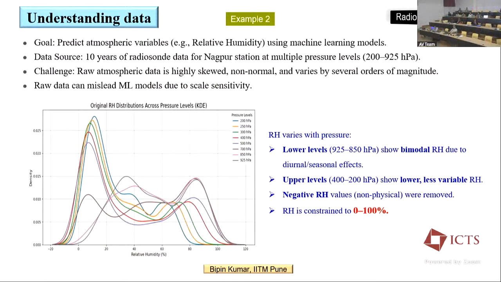Negative values we can discard. We can take it from 0. But still, suppose I discard that much, then the range is small. No, this is humidity, so I can take data from 0 to 100. Discard the minus and discard values greater than 100. Shall I go to my first slide?